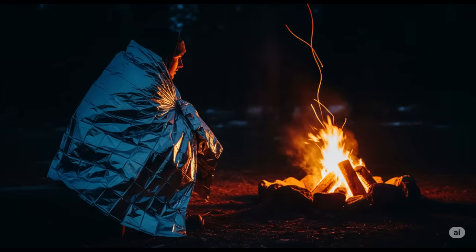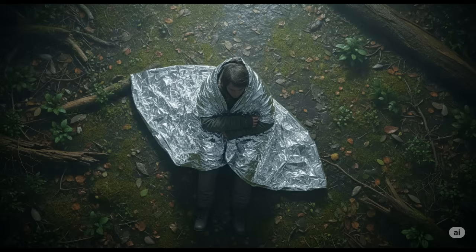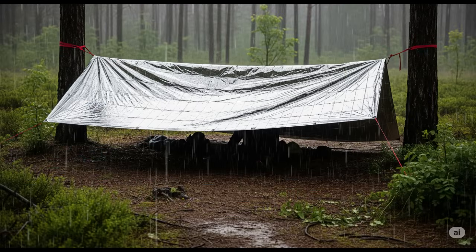Preppers trust these blankets because they're lightweight, compact, and can make the difference between shivering in the cold and staying warm through the night. Picture yourself stranded overnight in unpredictable weather, the temperature dropping fast. Having an emergency blanket in your kit means you can create a cozy microenvironment, reflecting heat back toward you and shielding from wind or rain. It's the kind of gear that works silently behind the scenes, yet when you need it, it's an absolute lifesaver,